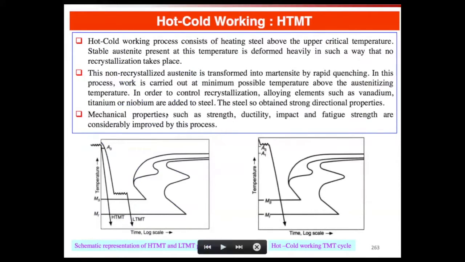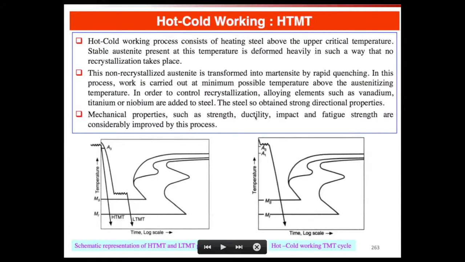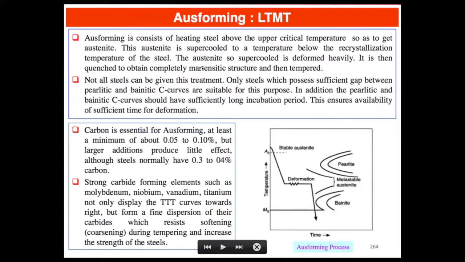So HTMT, we deformed way up here in the austenite regime, hot cold working. HTMT is essentially what we just talked about. We're deforming high in the austenite phase field. Ausforming, on the other hand, is just another abbreviation, but here we're going to